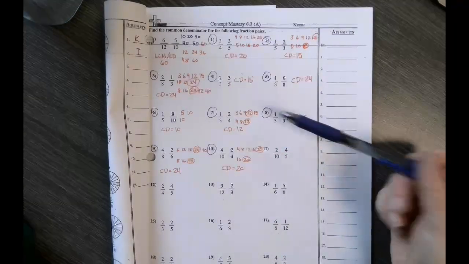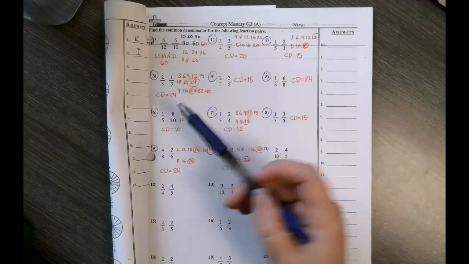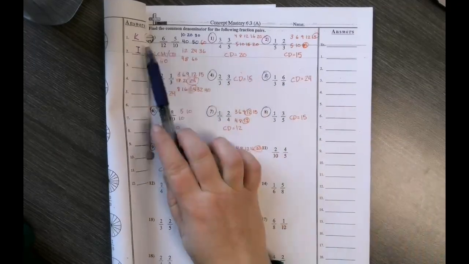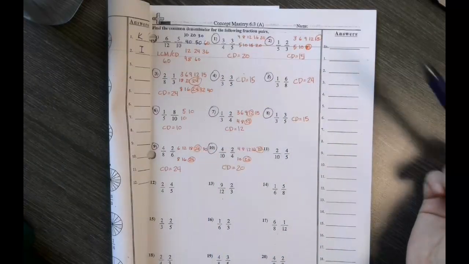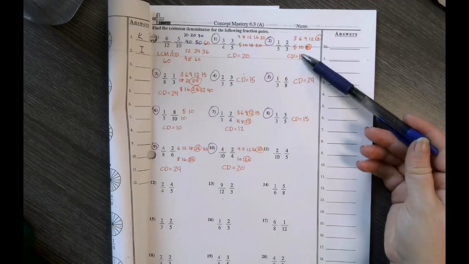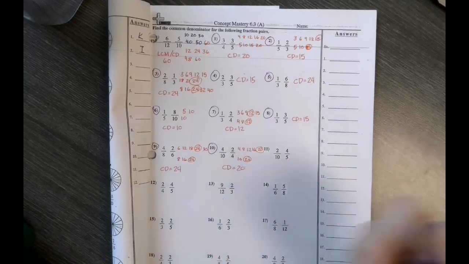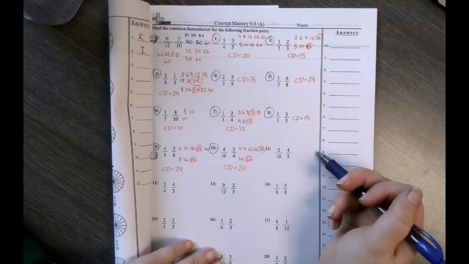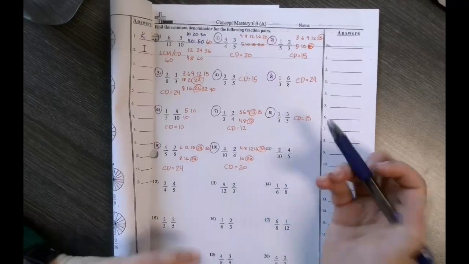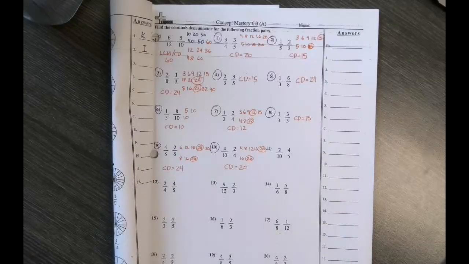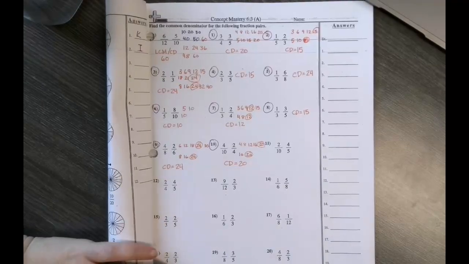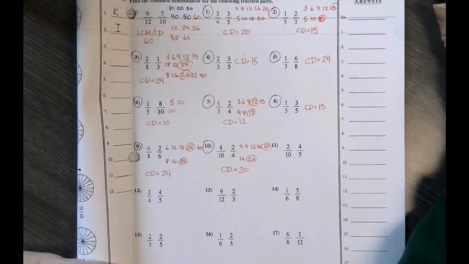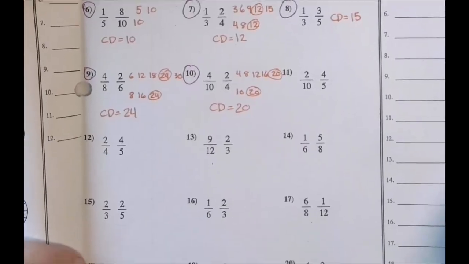As you can see here, when I did the homework, I just followed the instructions exactly, which was find the common denominator for the following fraction pairs. If you wanted to find the common denominator for these and write just common denominator equals like this one, and then do the math to actually convert those fractions, that would give you more practice and help you out quite a bit if you just want to get better at our next thing, which is